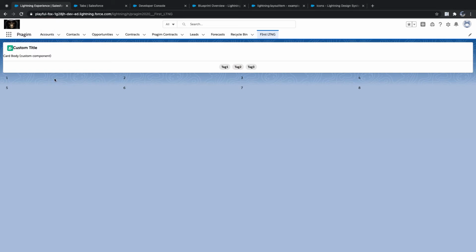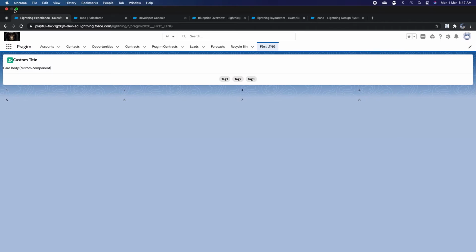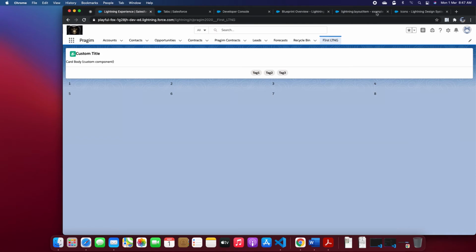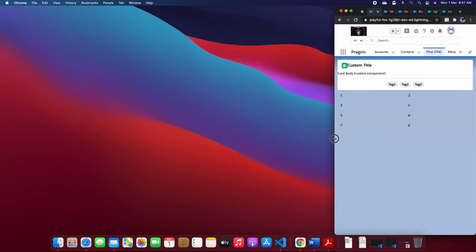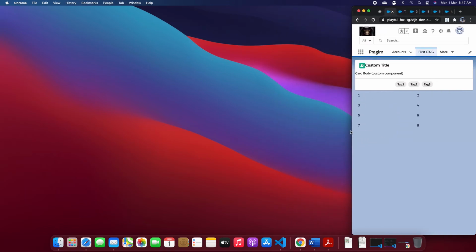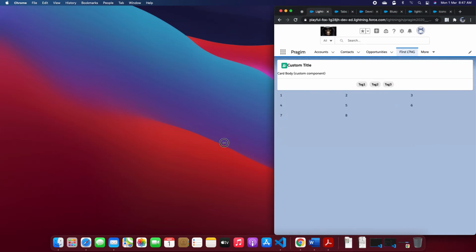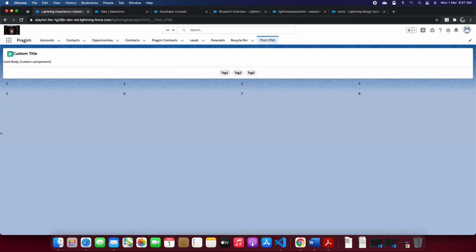Now we have different columns, right? Two rows with four. I mean, two rows with the 8 numbers, right? Now, if I change our page size, these pages will be responsive. Now you can see 3 rows. It got updated, right? 4 rows. If I expand, again it will adjust automatically.